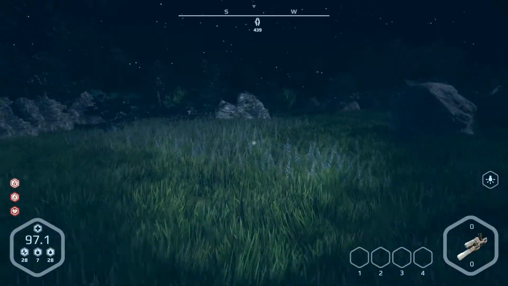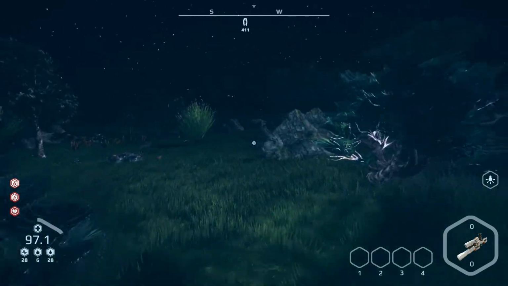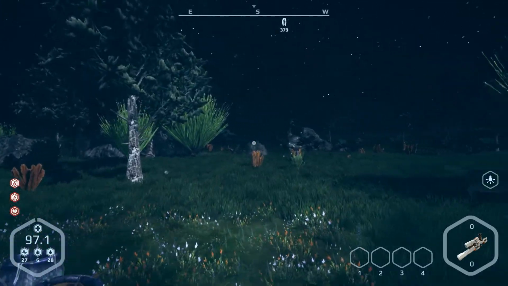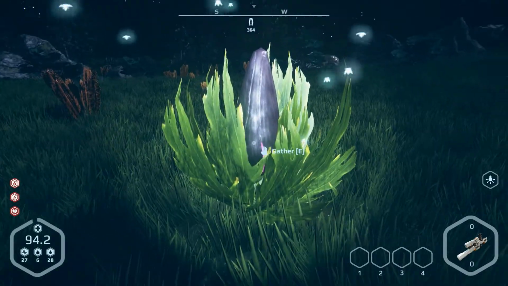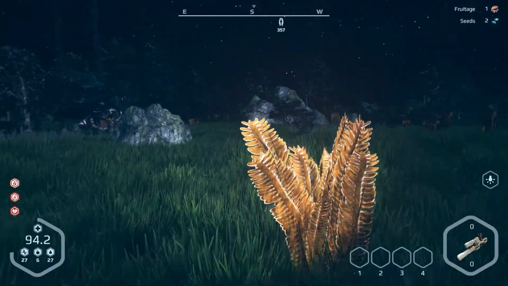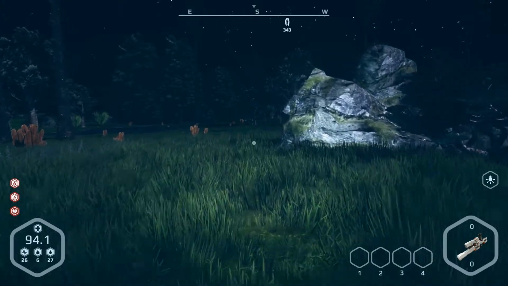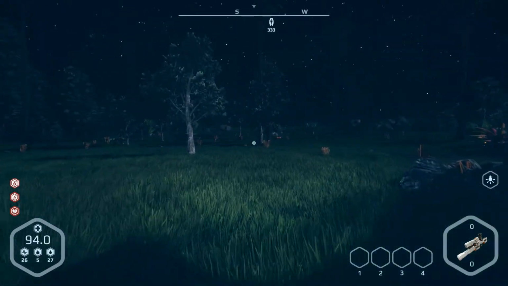And so the idea now will be, if it hasn't finished them already, it should have just about finished them. I wonder if we can get in here without aggroing. Probably not. Fruitage. So the idea will be it should have just about finished crafting everything for the